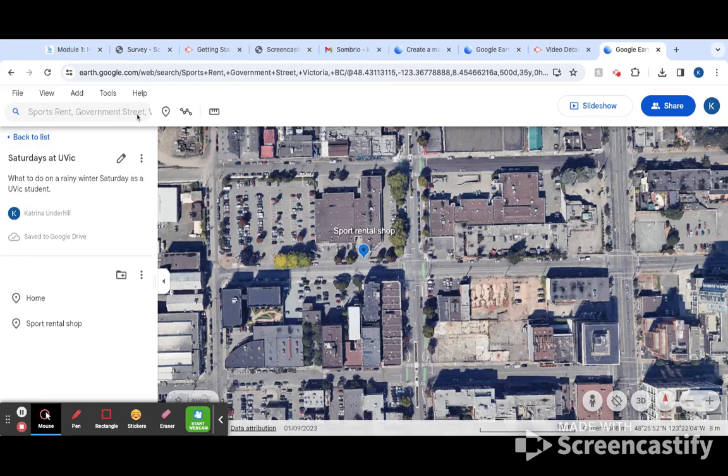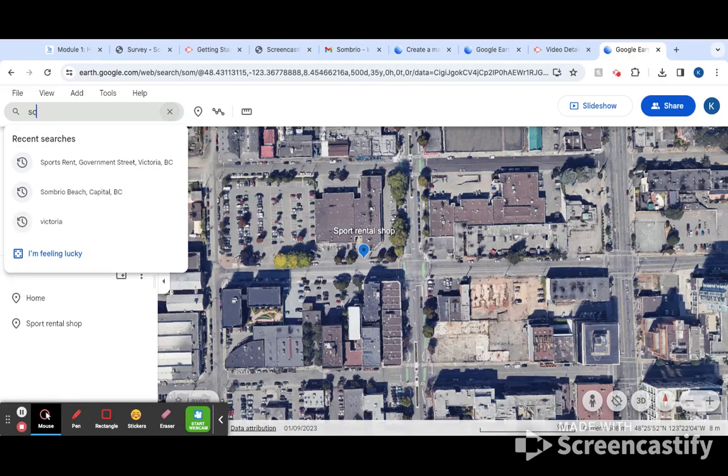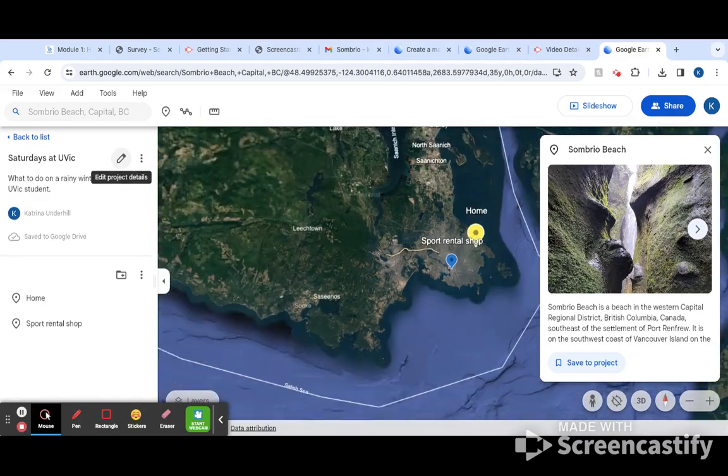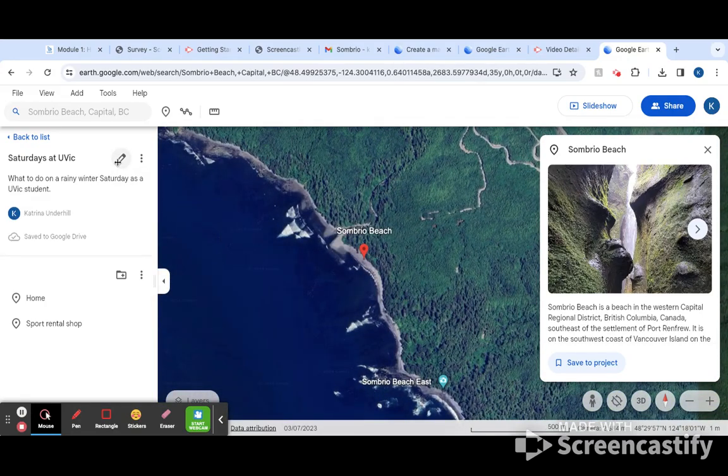So now, why don't we go to Sombrio Beach? We got our surf stuff. Now we gotta drive out there. So